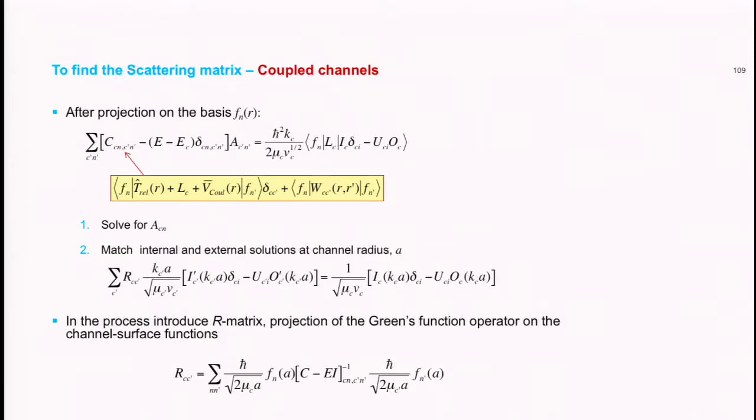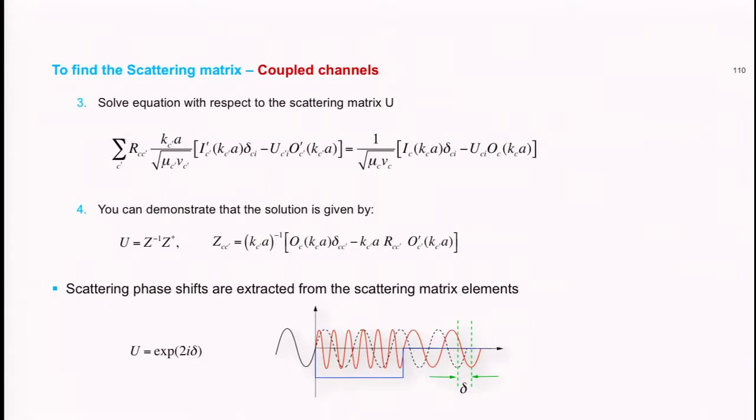Then the C matrix is a little bit more complicated, and here you have this matrix element of the non-local interaction. But at the end of the day, again, it's just the C minus E inverted, and the f's on the boundary, and from that you get your S matrix now in a more complicated way. But in any case, that's straightforward algebra. So this is a very powerful method that we use to solve these Gamow shell model continuum equations,